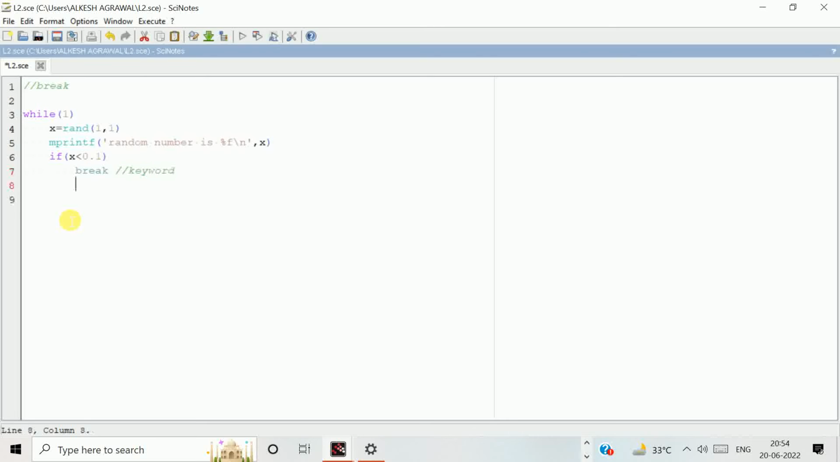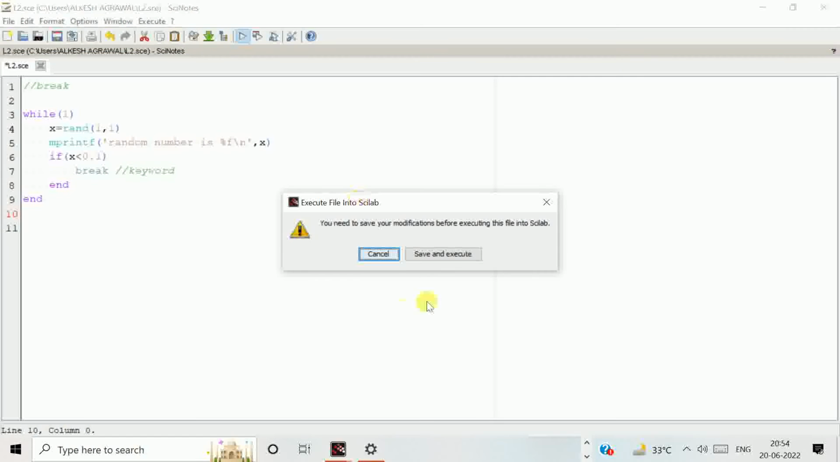So what happens with this condition? We are using an infinite loop, while 1. We are using a random number, printing that number, and giving a condition that if the random number is less than 0.1, then it will come out of the loop and the program will end. This is a small value. Let us see how it works